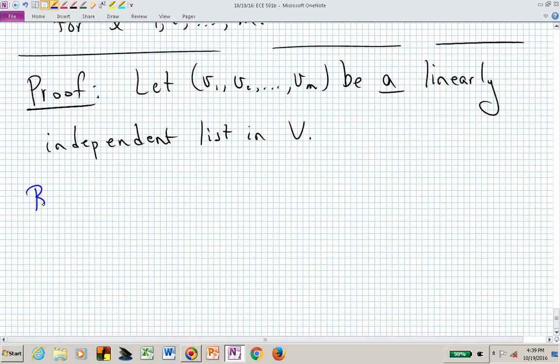And our base case is L equal 1. In this case, what we do is we go ahead and let E1 be